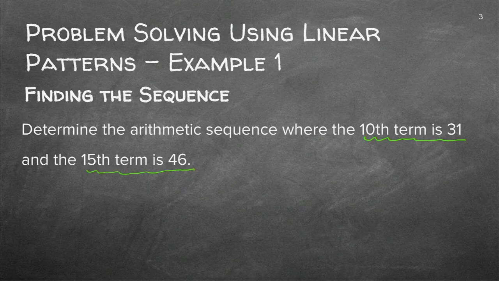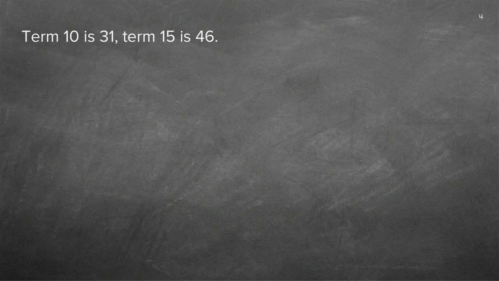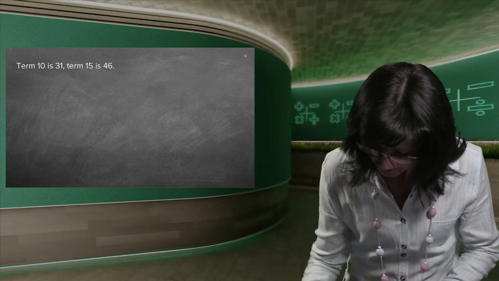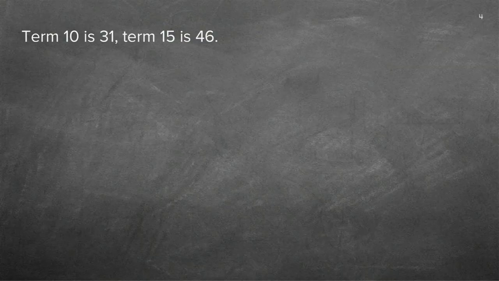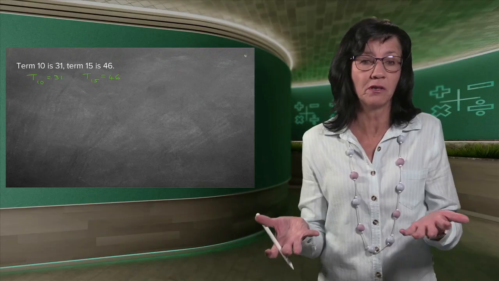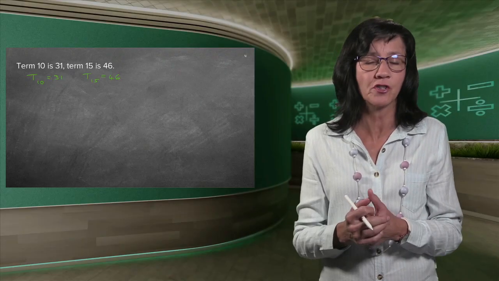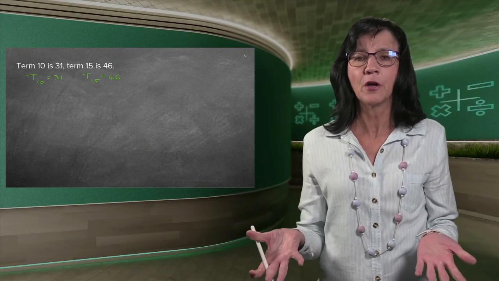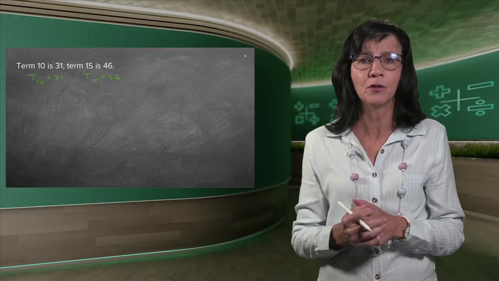Now let's just get some space to do that. Now I just want to warn you, many pupils do this because they know now the terminology. They say T10 is equal to 31, which is not wrong, it's true, and T15 is equal to 46. And then they haven't got a clue what to do further because there are now two statements, actually only statements, not equations that you can work with. So this is the only information you've got, so there's absolutely nothing you can do with that.